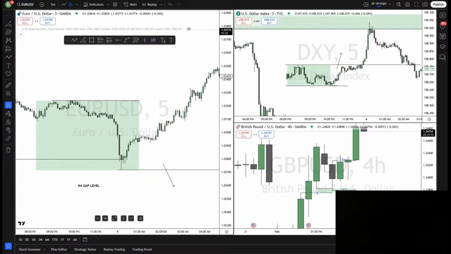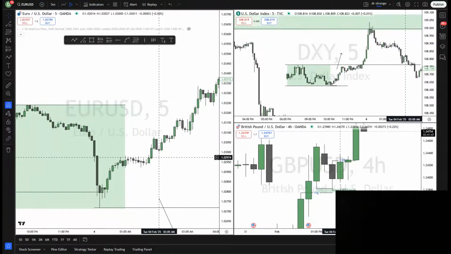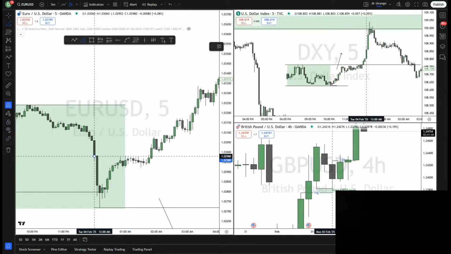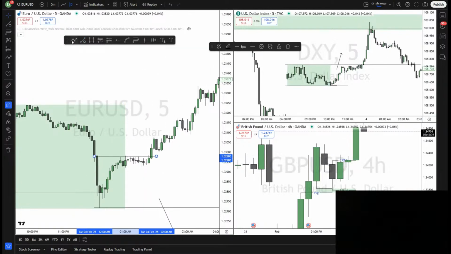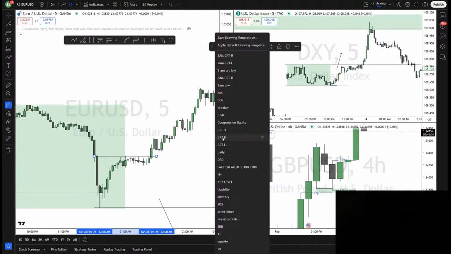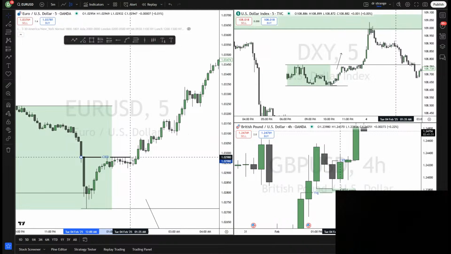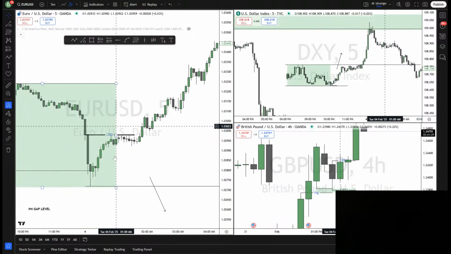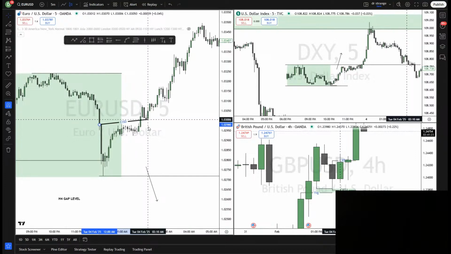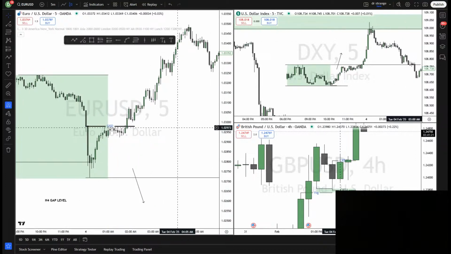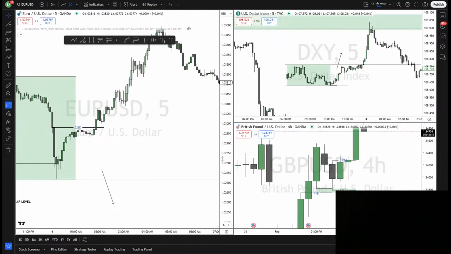Once you have that in mind, you just wait for a change in state of delivery, or you wait for a market structure shift. So this is our CISD on Euro USD. It will be happening right here. And on this trade, I was at the charts and I was literally here waiting. I was like, what is happening? Why have we gone beyond all this? I wanted it to at least take out the low because I was bullish. I did not want to sell even when we took out the high because it would be low probability. But still, our model works either way.